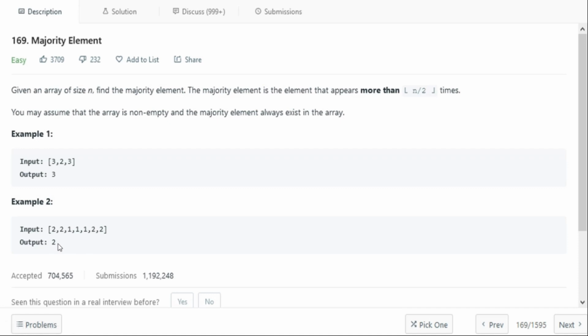So one way to solve this is using a hash map, where we can have a frequency map. Once we go through the array and build the frequency, we can check whether the value of the frequency is greater than the n/2 count. But that will involve additional space, even though it is O(n) time complexity. Using the Boyer-Moore algorithm, we can do the same thing without using additional space. So let's see how we can do that.